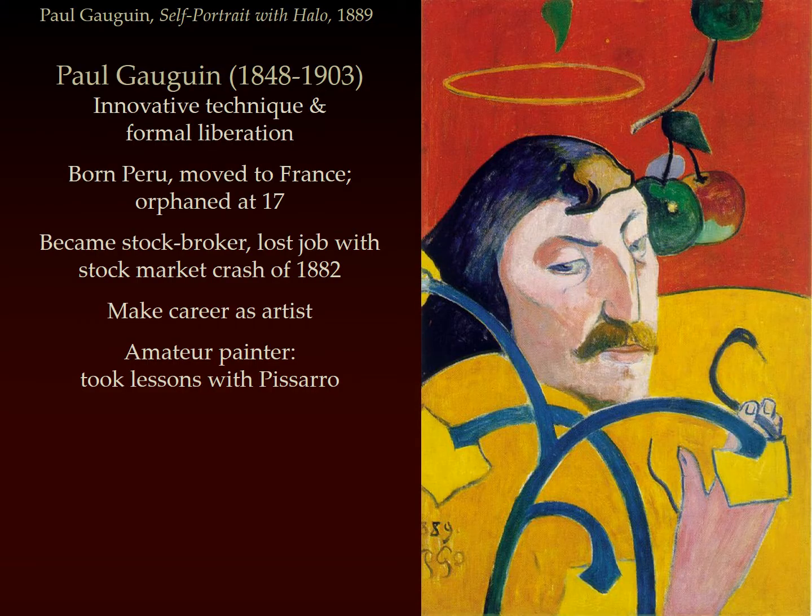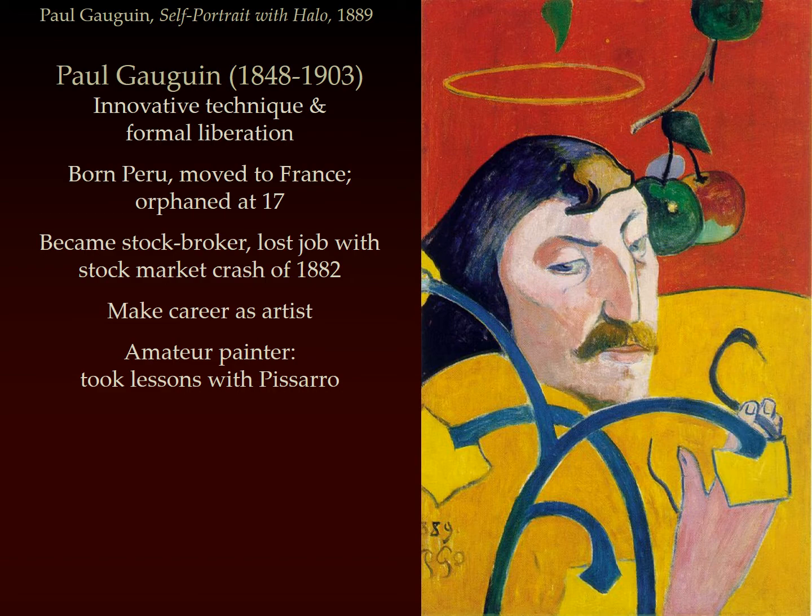The artist who often worked with Van Gogh, but moves even further afield, is Paul Gauguin. Paul Gauguin is also going to practice this expressionistic approach to Impressionism as a post-impressionist. He has a very innovative avant-garde technique, and he liberates the brushstroke from its formal obligations even further than Van Gogh. We know that he's born in Peru, his family moves to France, and once he loses his